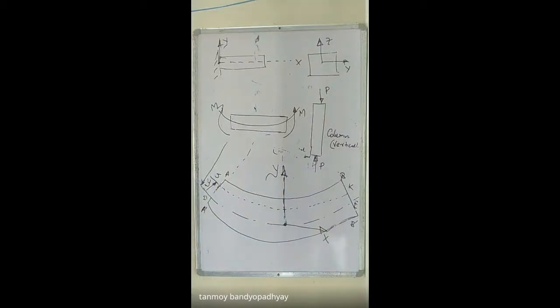So that is why, whenever you are studying beams, what is the difference between beams and columns? A beam is a horizontal member and a column is a vertical member. Number two, a beam is always under bending, and columns may buckle, they will be under buckling. Okay, let's come back to beams.